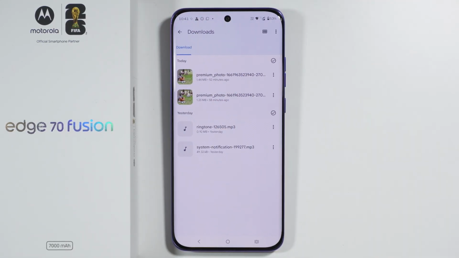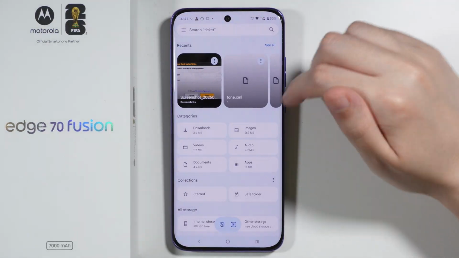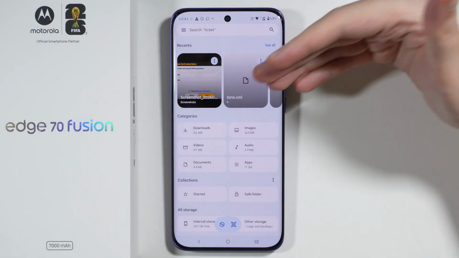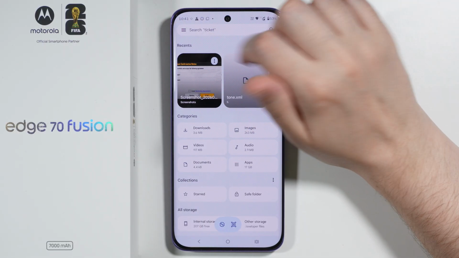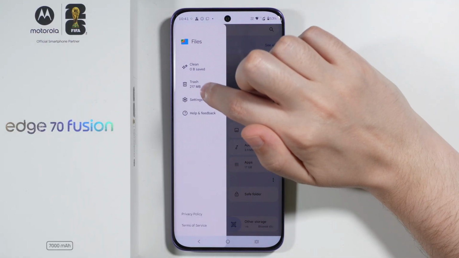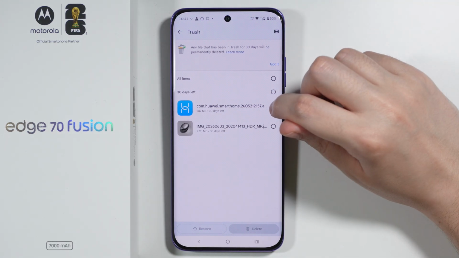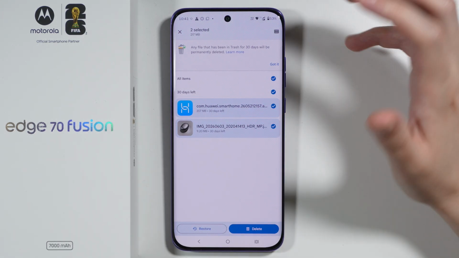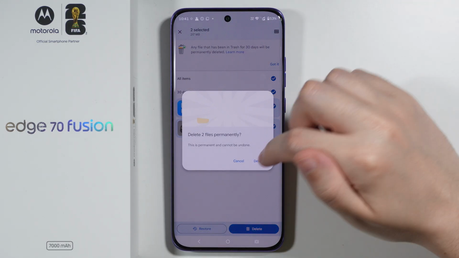If you want to immediately remove everything, then of course you should be able to go to trash. So in the main menu of the Files app, tap on these three lines in the upper left corner and go to trash in here. Then you can select everything that you want to remove instantly and tap on delete at the bottom and confirm